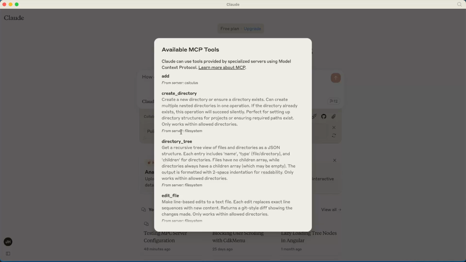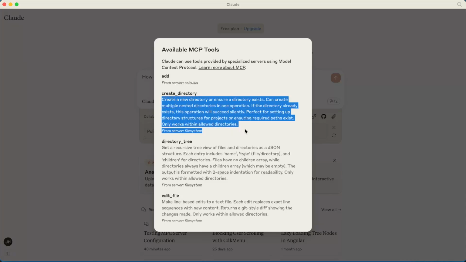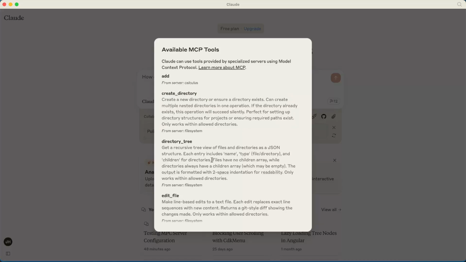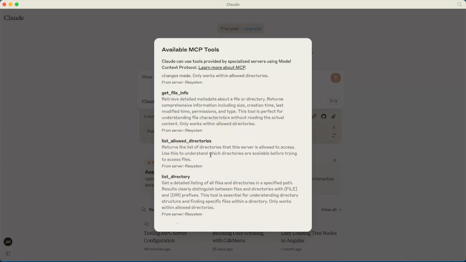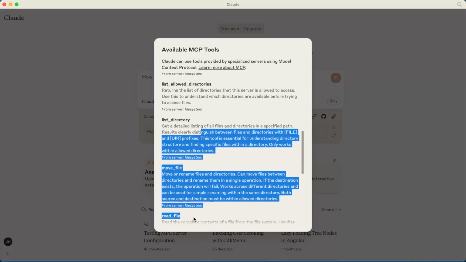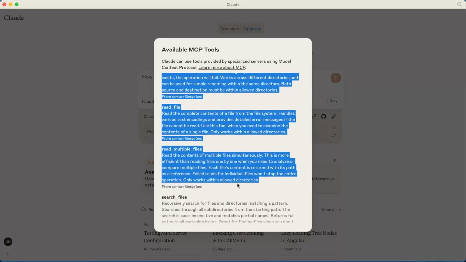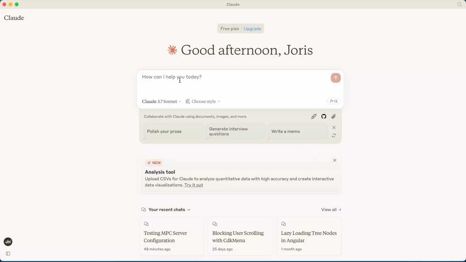But here you see then a server file system, and you have also some kind of information on what it does and the methods that it can be used for, right? So you can edit a file, you have a directory tree, get info, list directories. So that's pretty cool, right? Now I'm going to show you a little bit more. So if we now want to use the